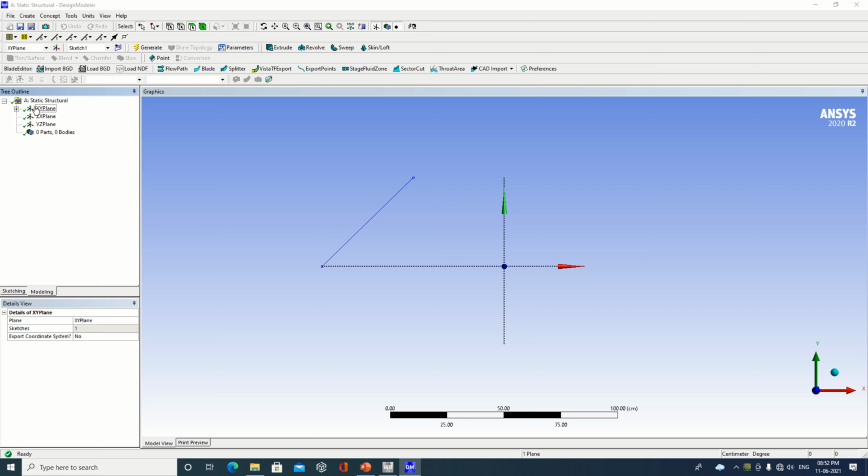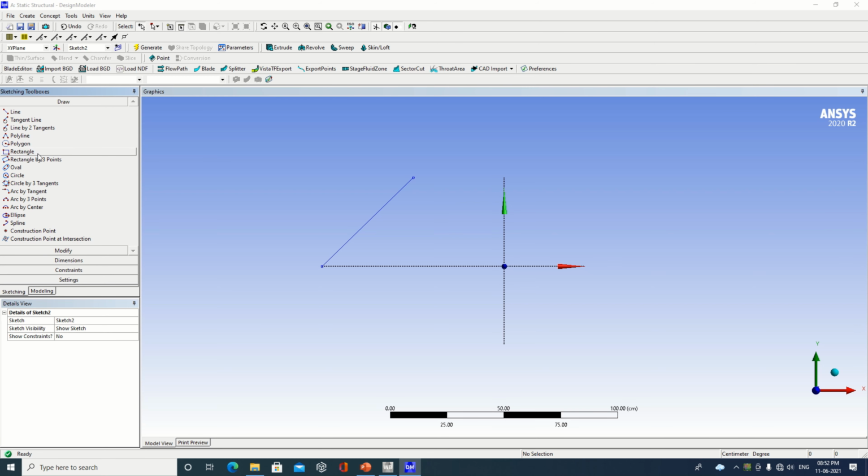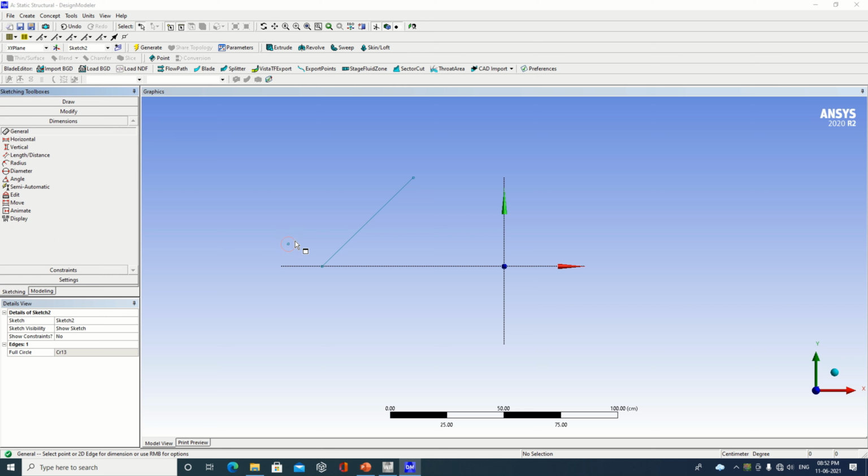Now go to the next sketch, sketch number 2. In sketch number 2, draw a circle. Specify the dimension for your circle. Say, for example, I specified 4.